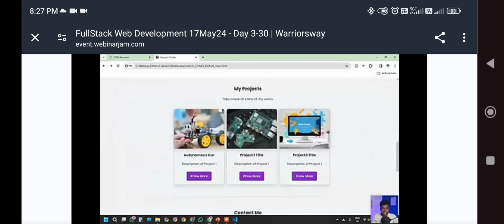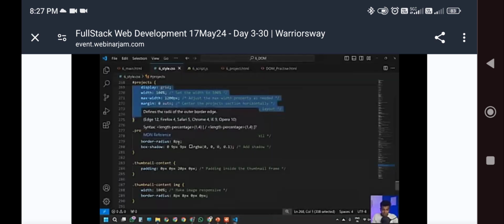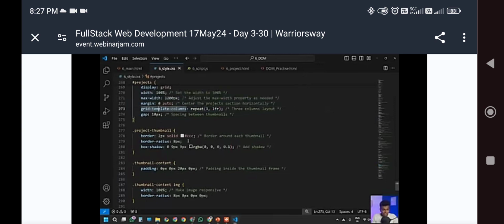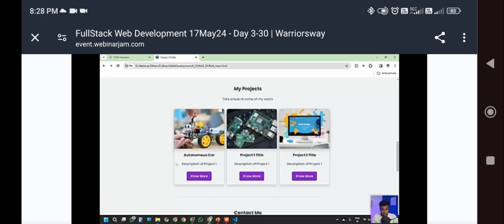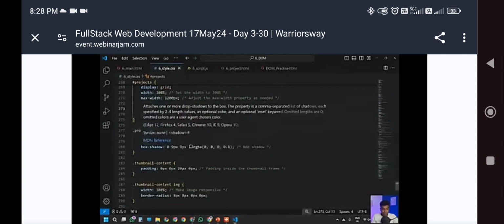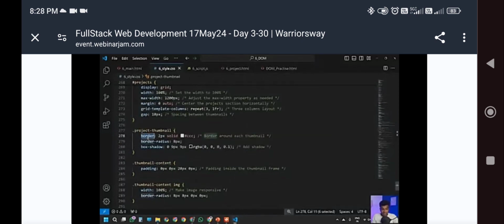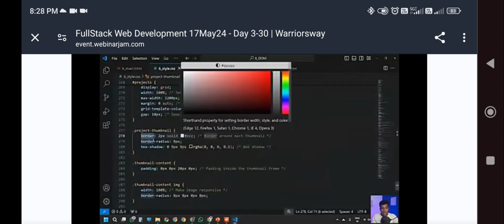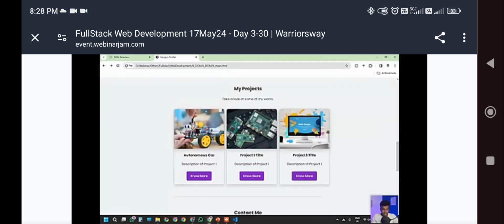And once you have done the project section, then we need to do it for the project thumbnail. Thumbnail is nothing but the image which I have. So, while talking about the project thumbnail, previously we did it for the whole section, but right now we are focusing only on the project thumbnail. On that project thumbnail, first of all, we are making the border 2 pixels in a white color. That's the first thing we did. And the border radius is going to be 8 pixels. So 8 pixel, 8 pixel, 8 pixel, 8 pixel. Since we have represented it only one time,